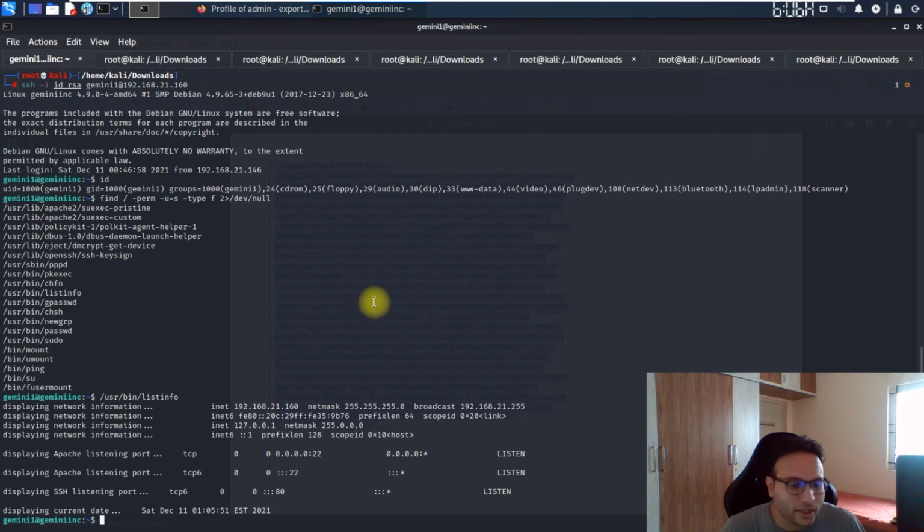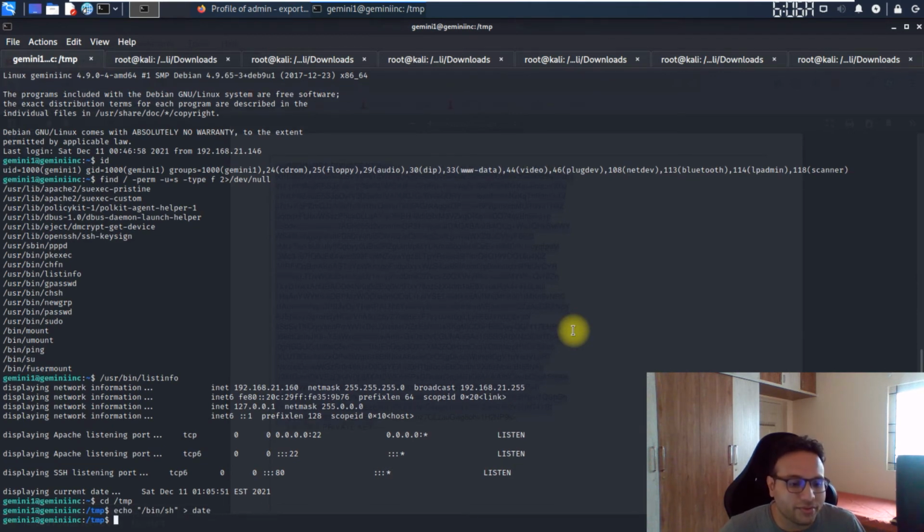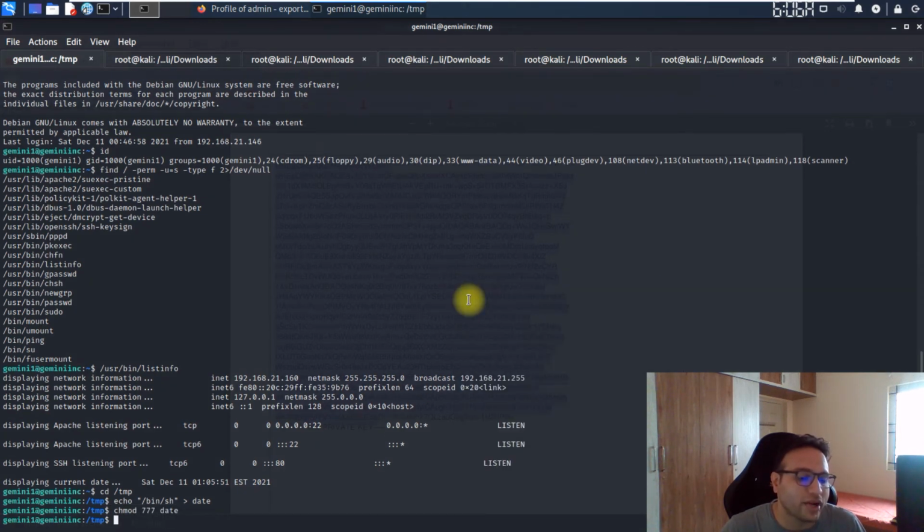What happened, we'll go to the temp section now, and we simply have to go for it just to get root privileges. We are trying to make a file named date and put /bin/sh inside of it with the echo command. Now change the permission of this date file to 777 so that we have full rights to it, and then we have to make it an echo $PATH.